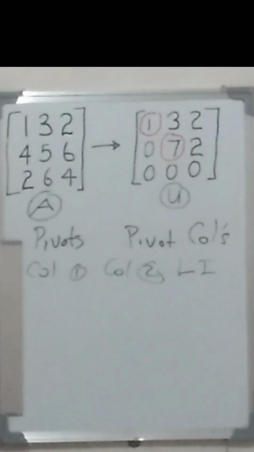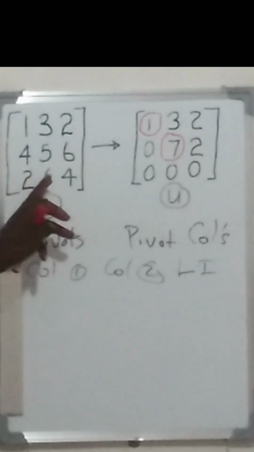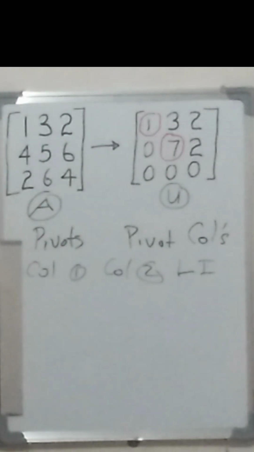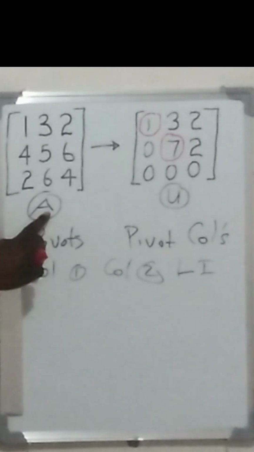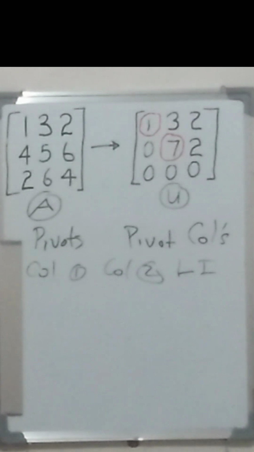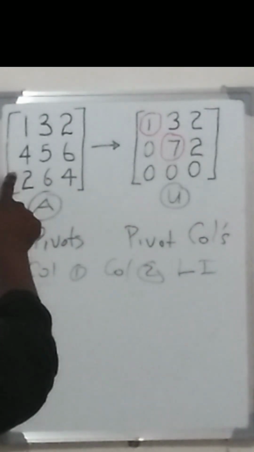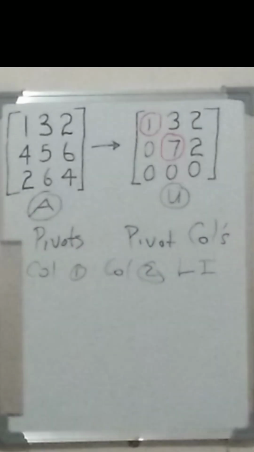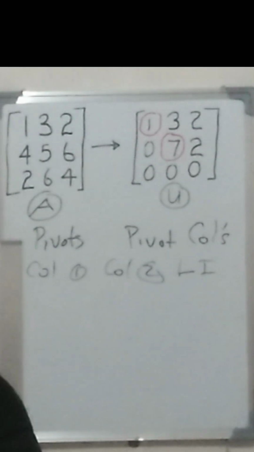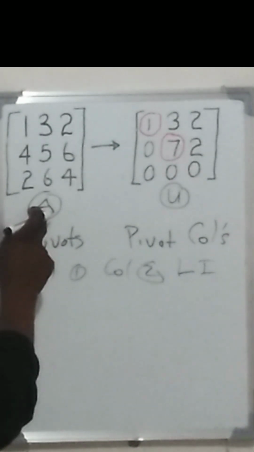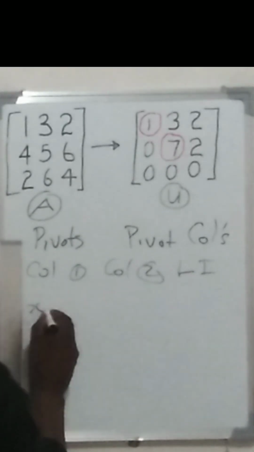Now, it also means that these two columns form a basis of the column space of A. In other words, any vector in the column space of A can be expressed as a linear combination of these two vectors. So, for example, if we have a vector X in the column space of A, then X can